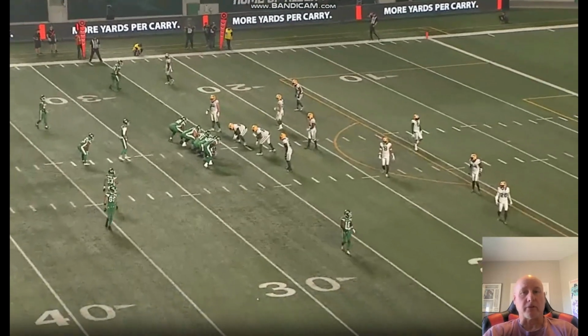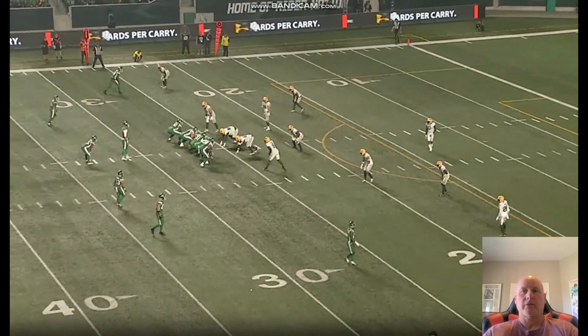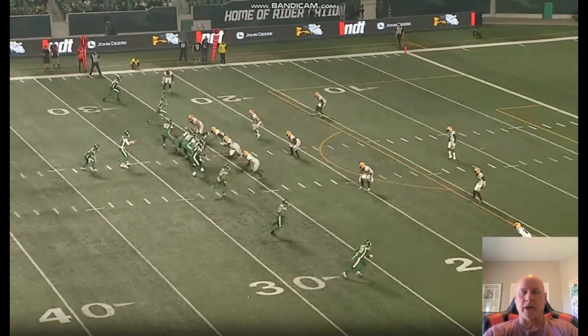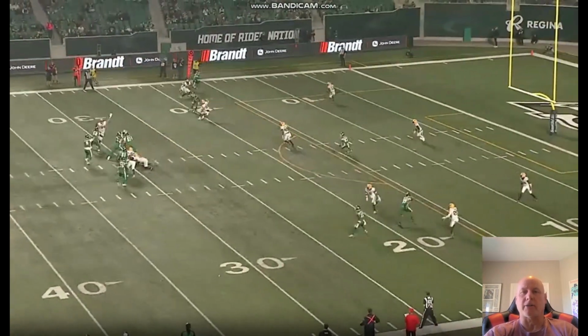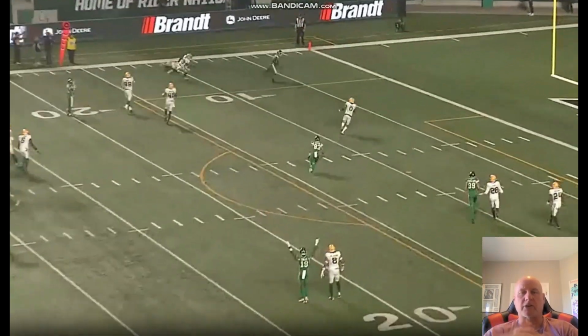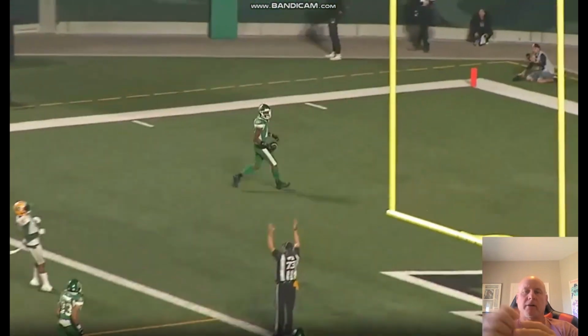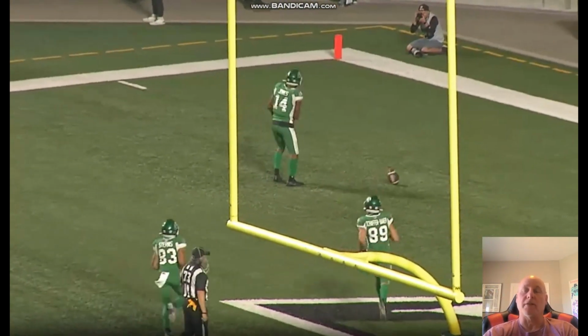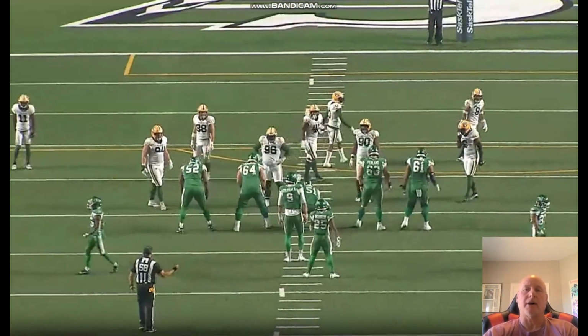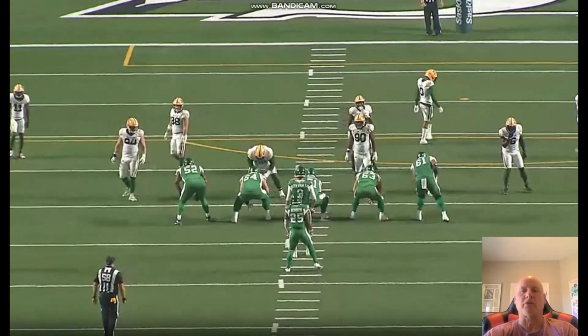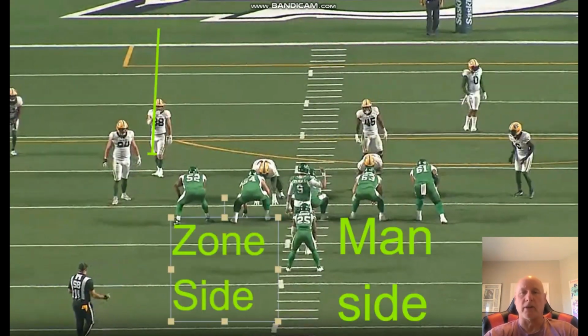I thought in the Edmonton-Saskatchewan game last week, Saskatchewan's O-line did a really good job helping Jake Dolegala have a pocket to throw from. Like you see this touchdown to Von Jones. They did a great job protecting the width and the depth of the pocket. Let's talk about how that's built in a normal six-man protection scheme, how most teams do it in the Canadian